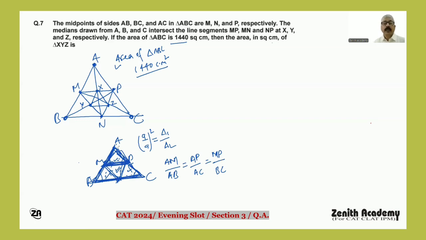लेकिन अगर एरिया की बात हो जाए, इस ए एम पी ट्रायंगल का एरिया ए वन ले लें और ए बी सी का एरिया हम ए टू ले लें, तो एरिया का जो रेशियो होगा वो करस्पॉन्डिंग साइड के रेशियो के स्क्वायर के इक्वल होता है। ये बेसिक प्रॉपर्टी आपको पता थी, ठीक है ना। तो इसका मतलब अगर ये साइड इस पूरे साइड की हाफ है, तो अगर ये वन है तो ये टू होगा। इसका मतलब वन का स्क्वायर वन, टू का स्क्वायर फोर, तो ये छोटा वाला ट्रायंगल का एरिया बिग ट्रायंगल का वन बाई फोर होगा।